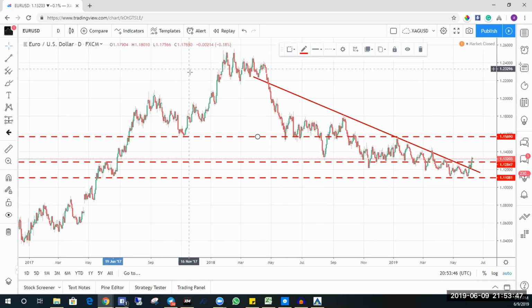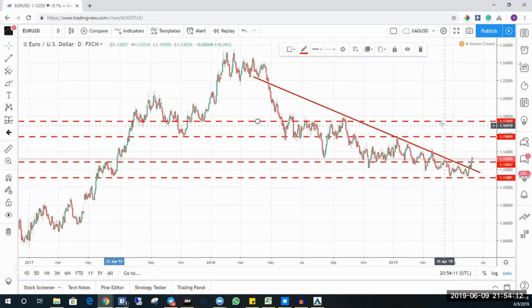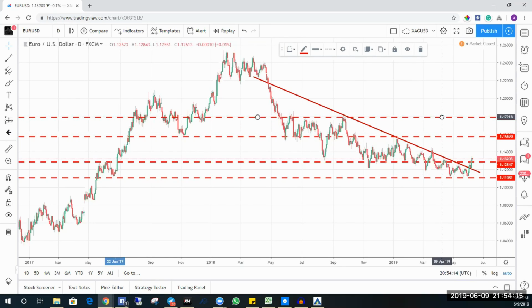So what we expect for euro, given this momentum and this breakout from this low trend, is that we might see price get as high as 1.15. 1.15 will definitely be a target to consider, all things being equal. This will also be another level if we break up, if we're able to get past 1.15. So for Euro USD and group, we're going long.